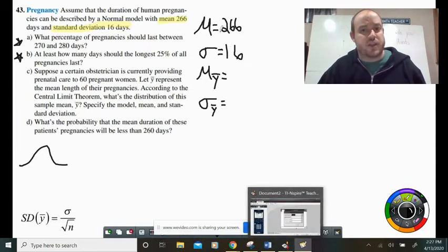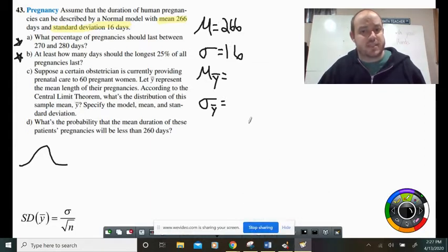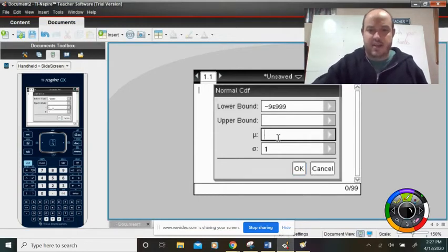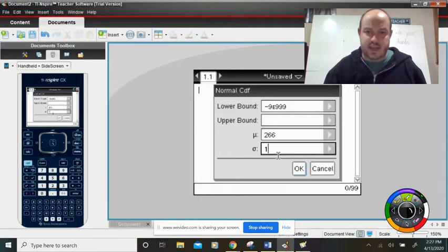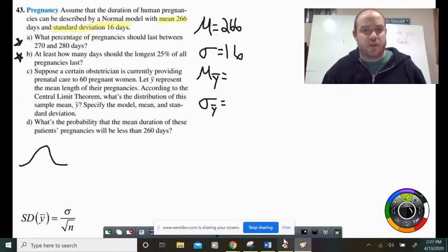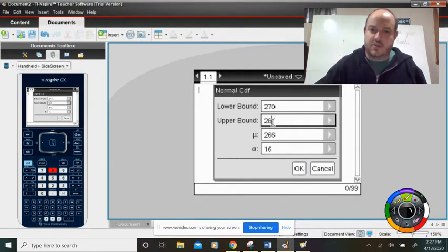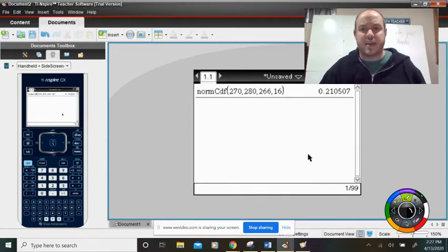So remember, when we're looking at this, we have a mean of 266 and a standard deviation of 16. So I can plug that right in, 266 and 16. But what about our lower bound and upper bound? Well, this specific question said from 270 to 280. So that means that our lower bound is going to be 270 and our upper bound is going to be 280, all right? So we go ahead and hit OK and find out that our answer in this case is going to be